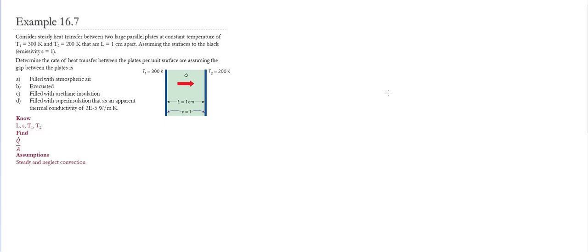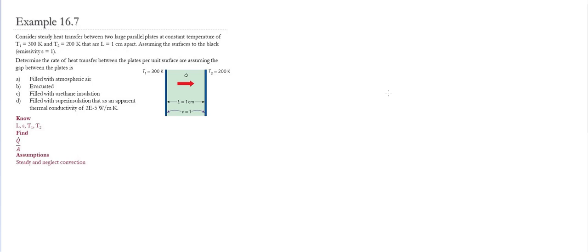Example 16.7. In this example, we consider a steady heat transfer between two large parallel plates which are maintained at constant temperatures of 300 Kelvin and 200 Kelvin respectively. These two plates have a distance of 1 centimeter from each other. Assuming that the surfaces are black, therefore the emissivity is equal to 1, we need to determine the rate of